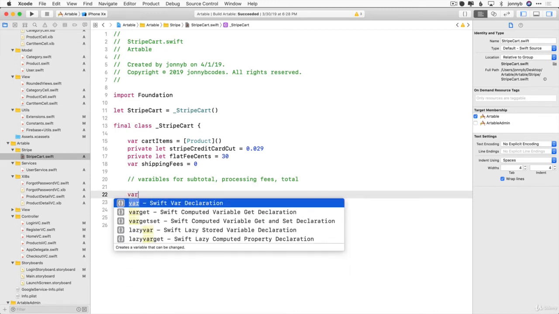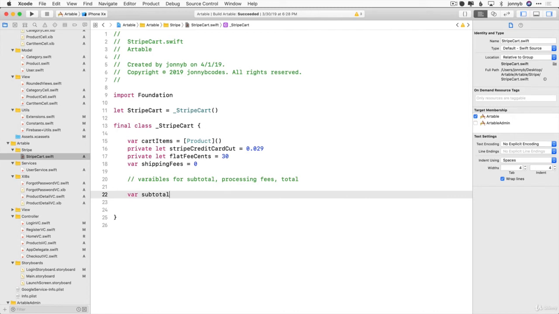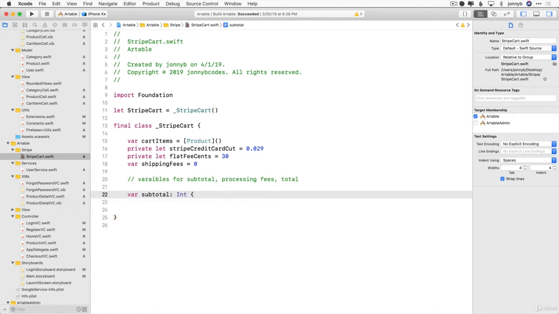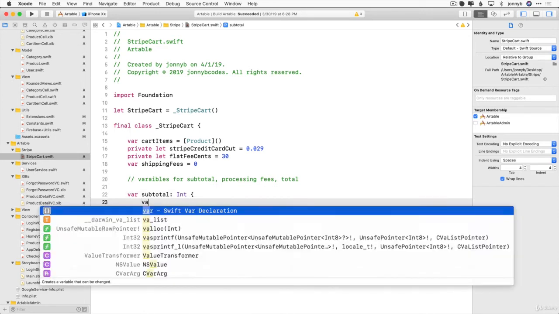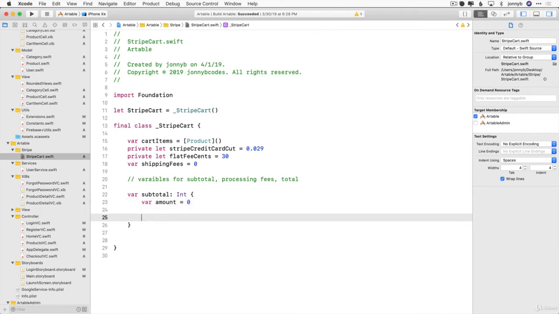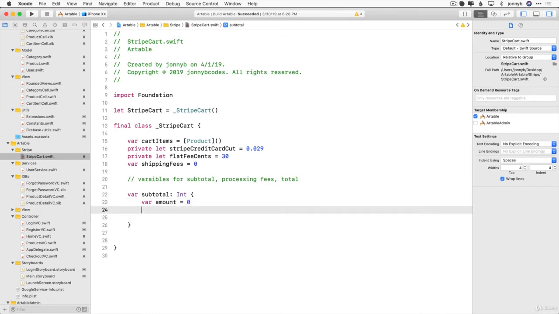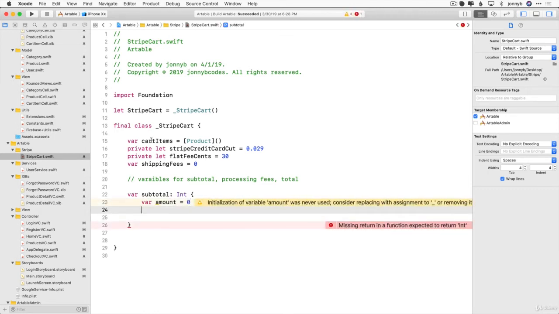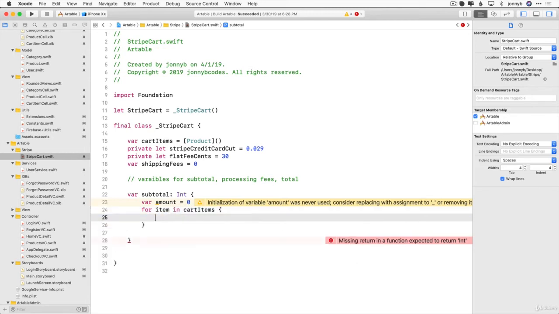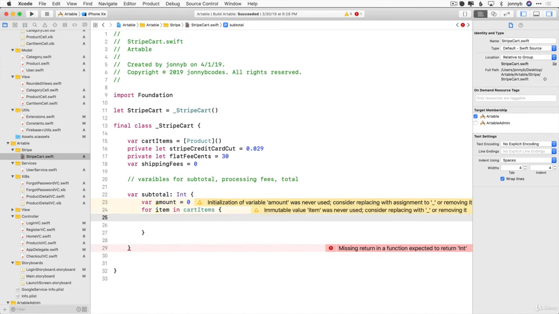So I'm gonna say var subtotal of type int. Remember, everything's gonna be in pennies here. And we're gonna start out with var amount equal to 0. And what we're gonna do is loop through all of the items in our cart items array and add up all of the prices. So I'm gonna say for item in cart items,